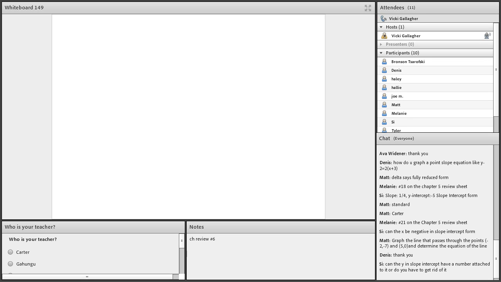Number 18 is a word problem. It says you have to get rid of the number attached to the y. You would divide in 3 different places. You would divide the y by that number, the x by that number, and the thing that is just a number by that number. Let's see. Write an equation in slope intercept form for the total rental cost C for a pontoon boat used for